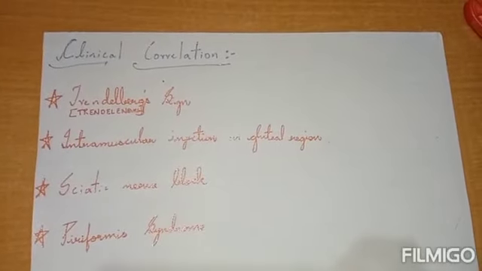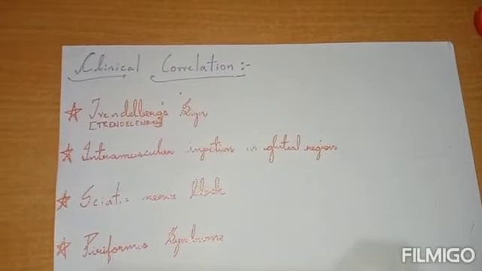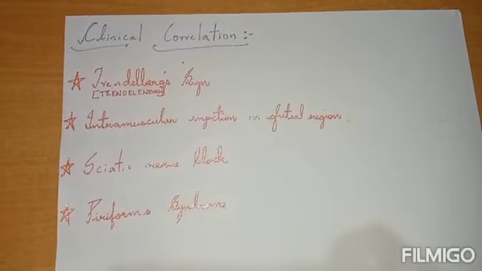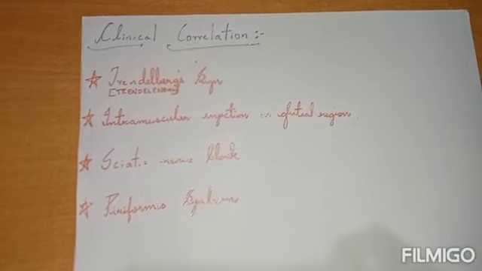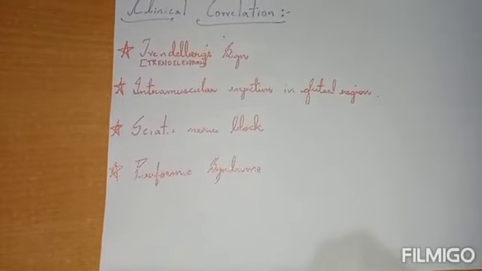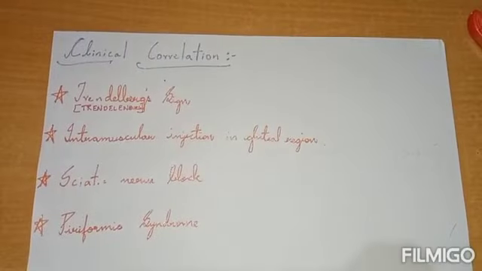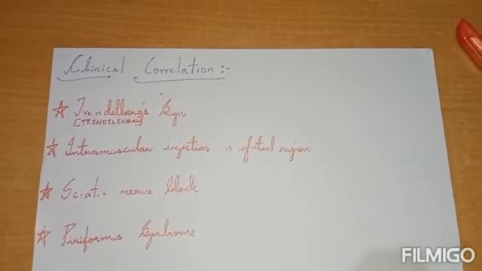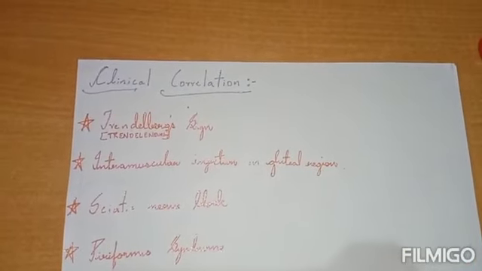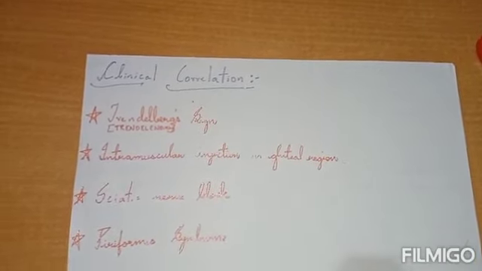Next, intramuscular injections are always given in the upper lateral quadrant of the gluteus medius muscle to prevent damage to the sciatic nerve. The sciatic nerve is blocked when an anesthetic agent is injected a few centimeters below the midpoint of the line joining posterior superior iliac spine and upper border of greater trochanter. Piriformis syndrome is a clinical condition caused due to compression of sciatic nerve by the piriformis. It is commonly seen in ice skaters and cyclists who require excessive use of gluteal muscles.